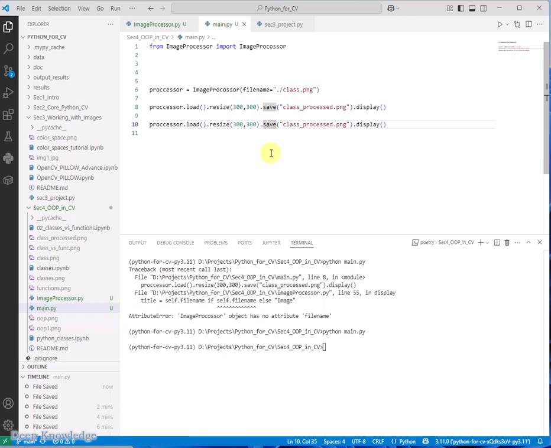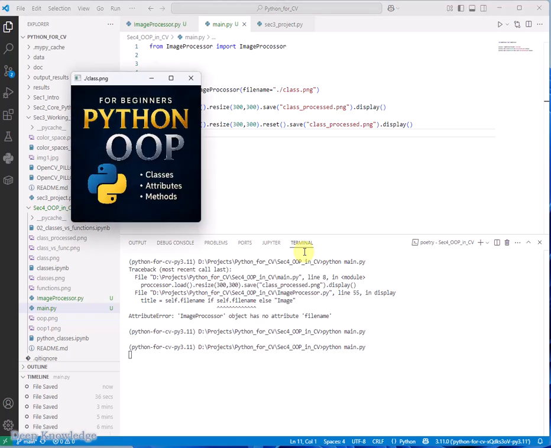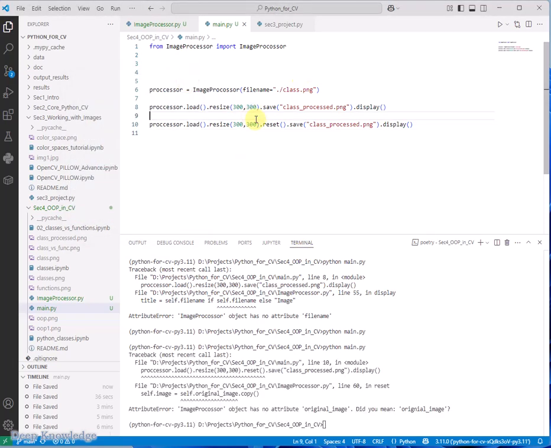And I can see reset, then dot save. So now it will resize and also reset and then save. This should save the original image. Let's see, Python and then main. And you can see here this is saving the image, and also